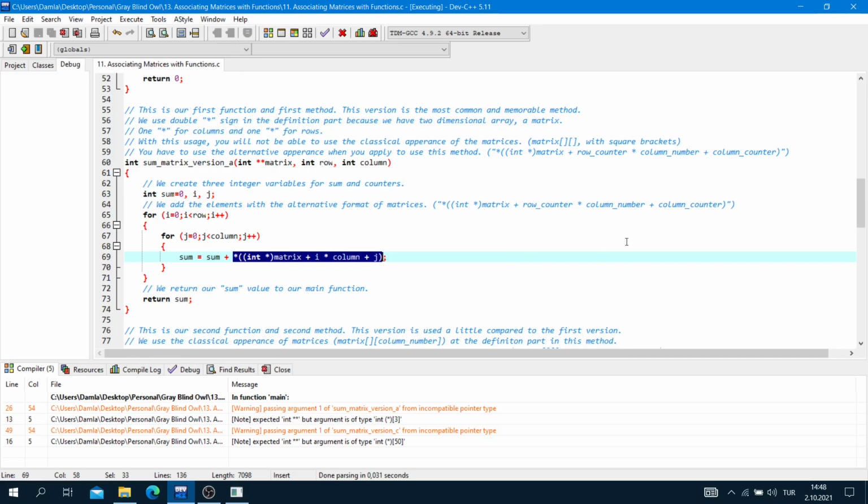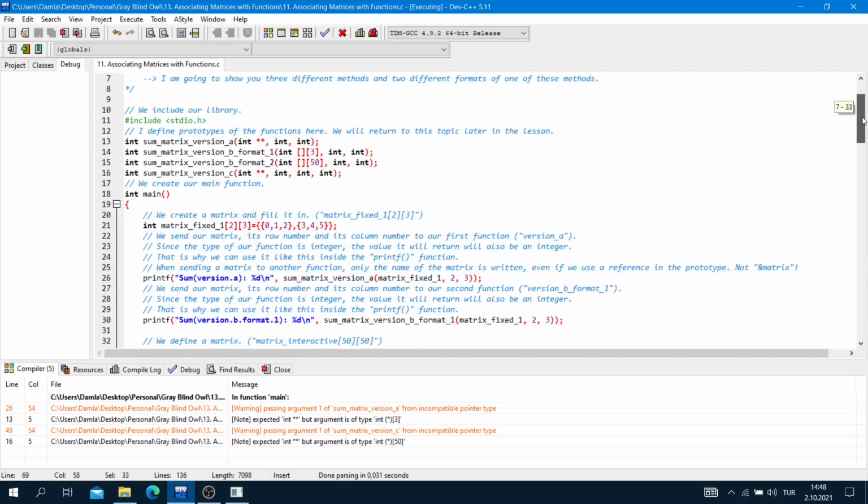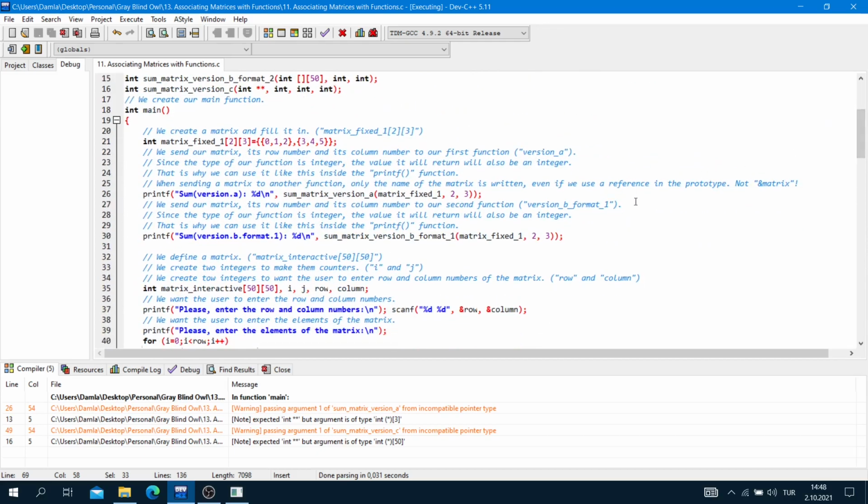Okay, now we are here. We send our matrix, its row number and its column number to our second function, version B format 1. Okay, version B format 1. Since the type of our function is integer, the value it will return will also be an integer.